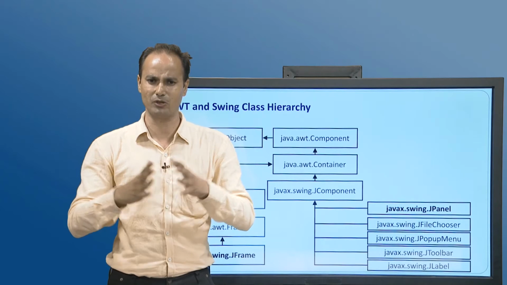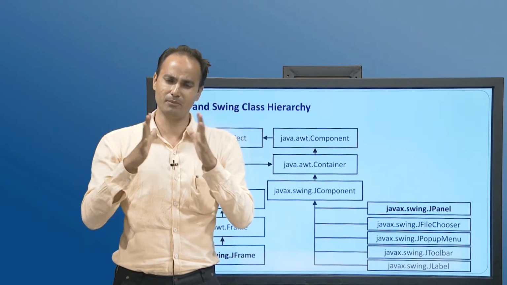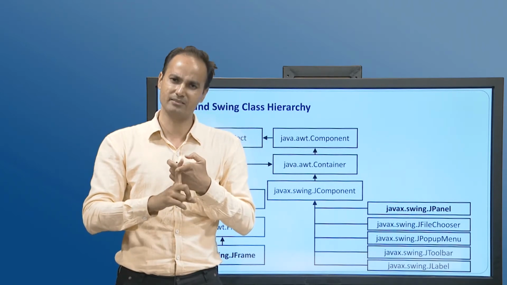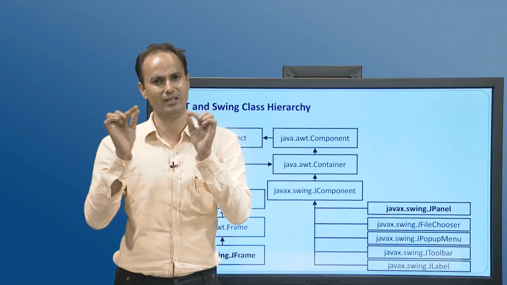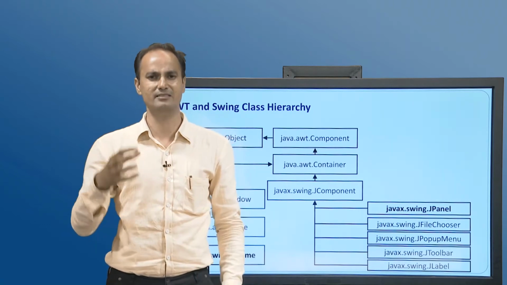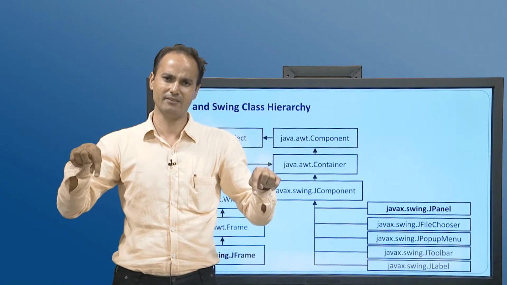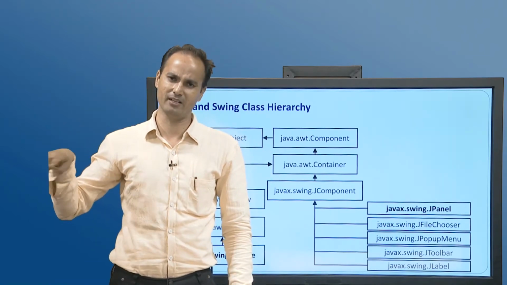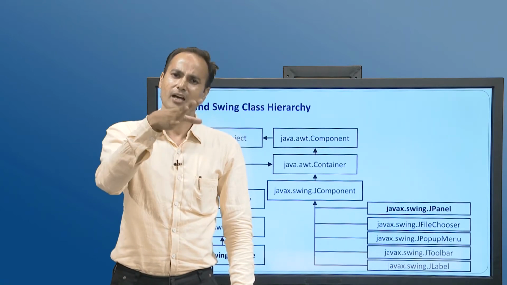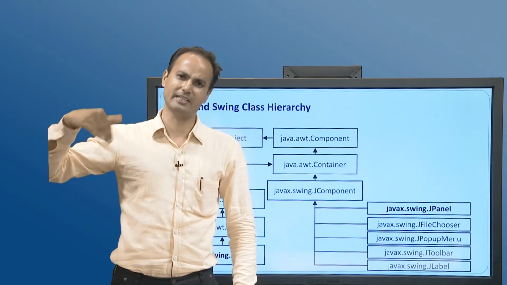So when we are talking about the Swing class hierarchy, being a user we must know that at the top there is the Object class, from the Object class we derive the Component class, from the Component class we derive the Container class, and under the Container two branches are derived. One is towards Panel and another is towards Window. From the Window there are Frame and Dialog. At the opposite end there is Applet, which extends Panel.